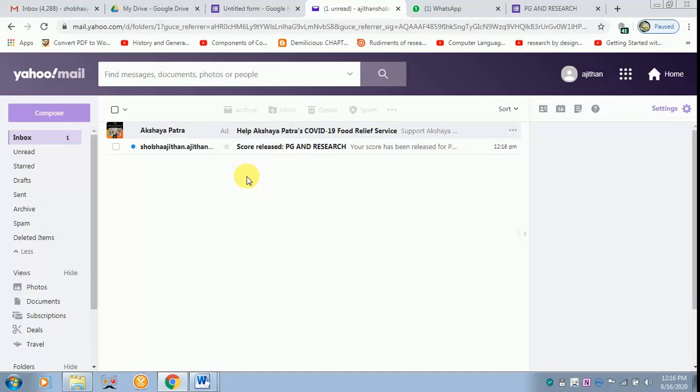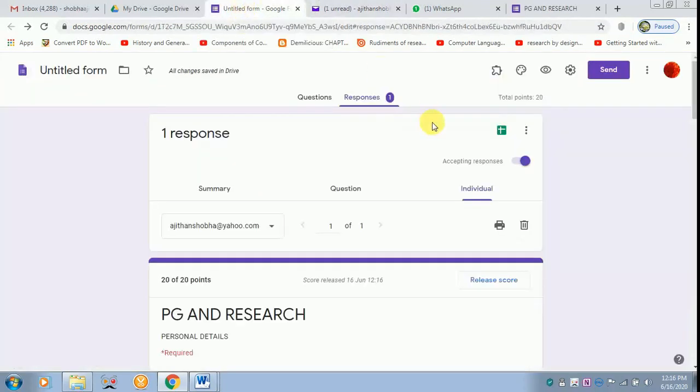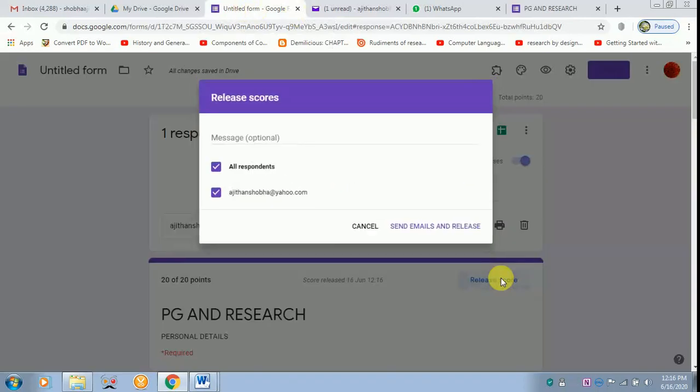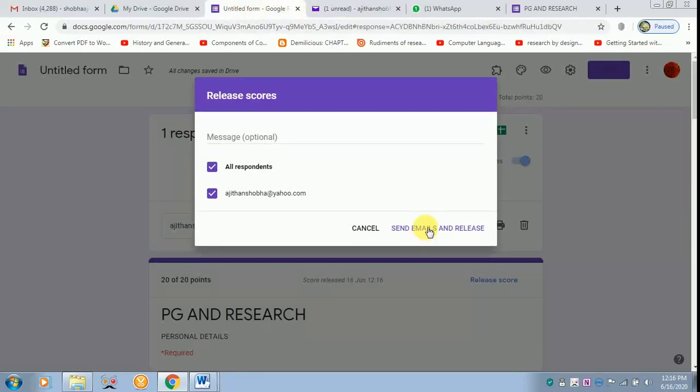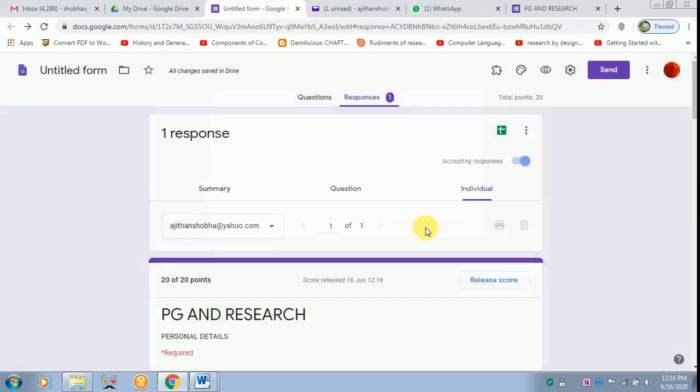You can verify as to why the certificate has not been released, as a host. You can get back to release score once again. Again send email and release it to check whether they have received it or not.